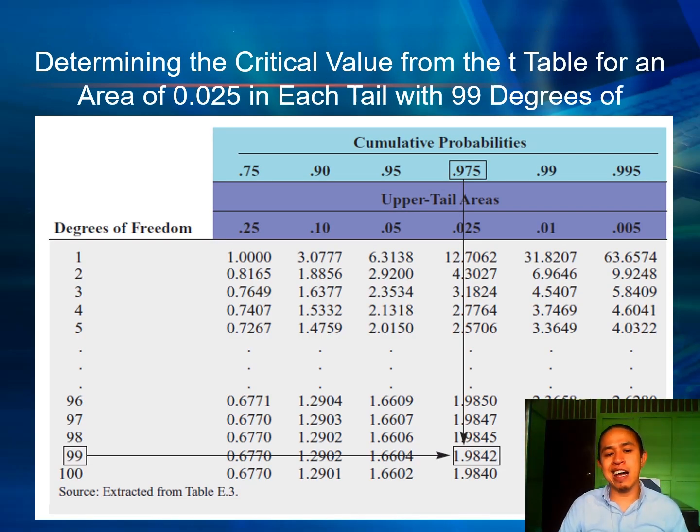So specifically, to make it clearer: if the n is 100, so the degrees of freedom is 99, and you have a 95% level of confidence, therefore the 5% critical values divide into 2, 2.5 or 2.5. So you have 0.025. So you can see here that the t value is 1.9842. So as easy as that in locating the t value.